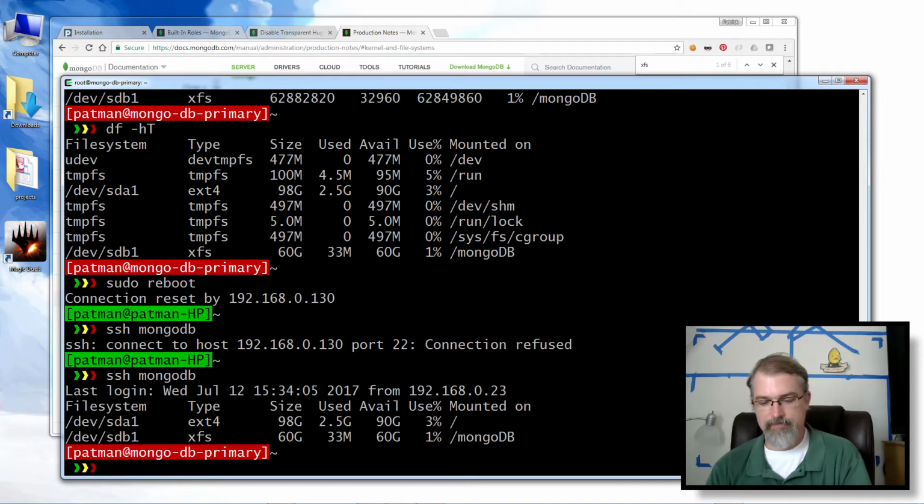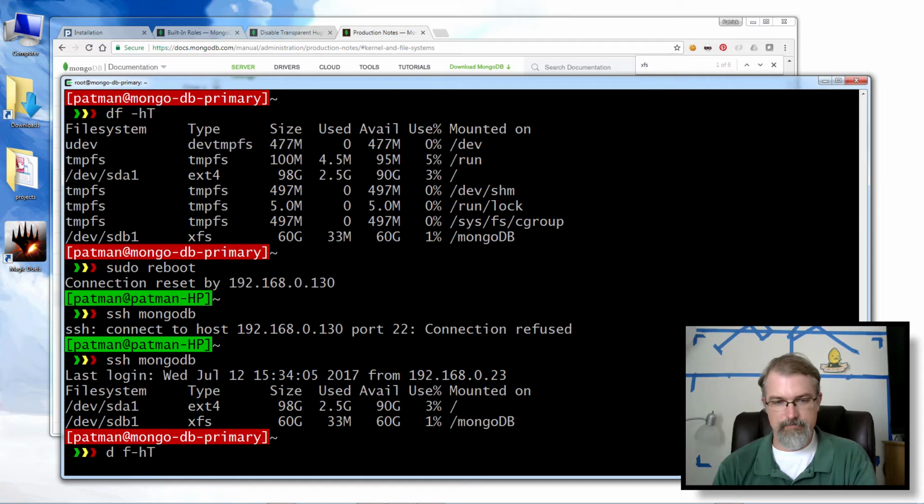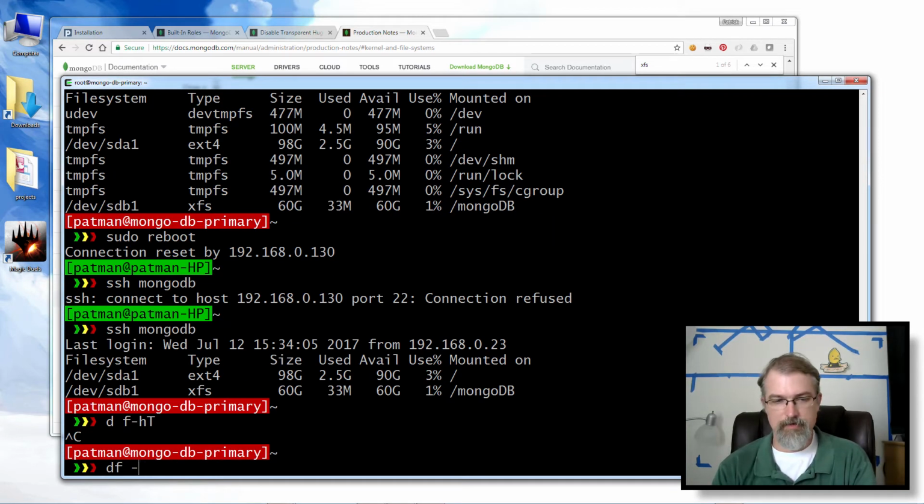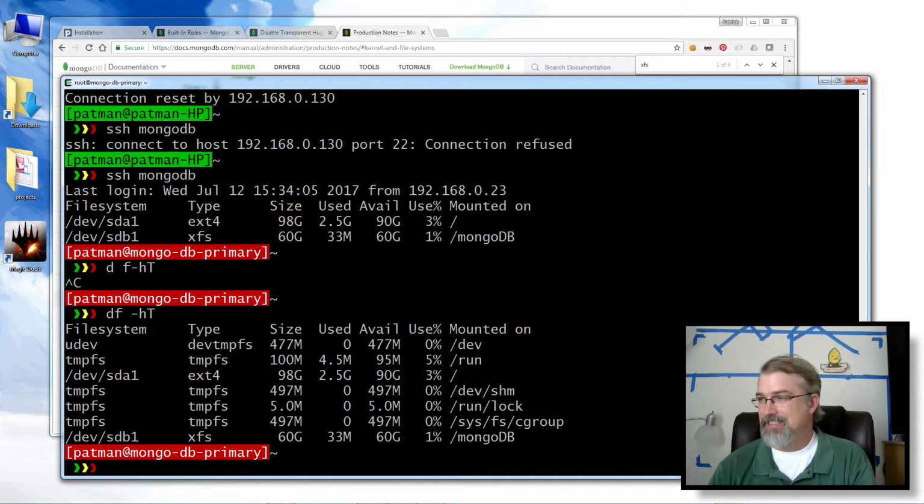Okay, and there we go. It's mounted. You can see it already, but there we go. We're mounted XFS, and life is good. Okay, so now